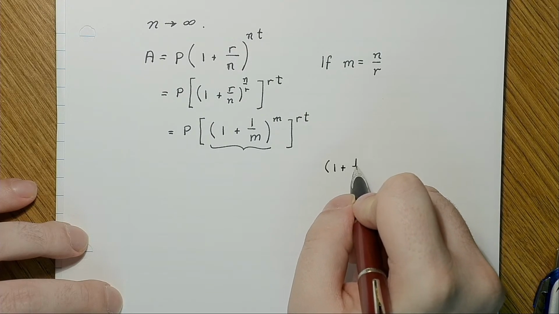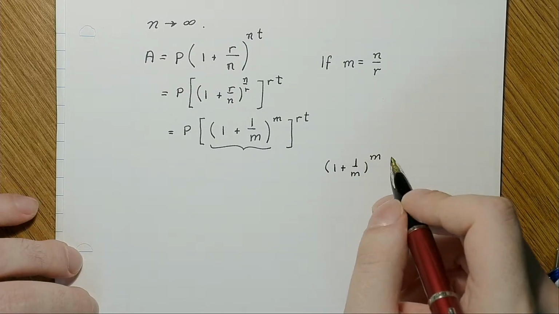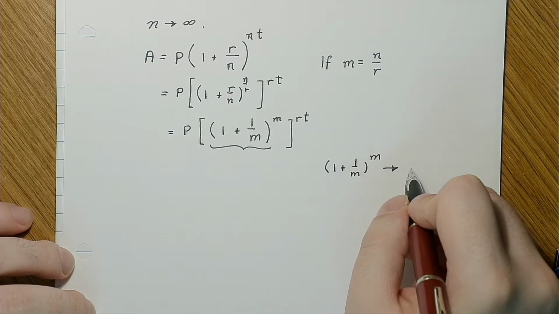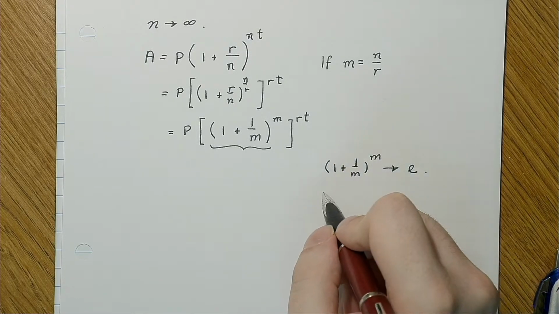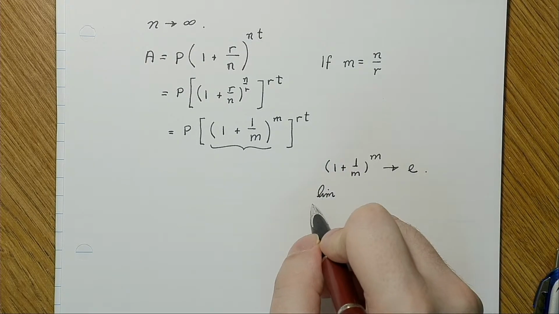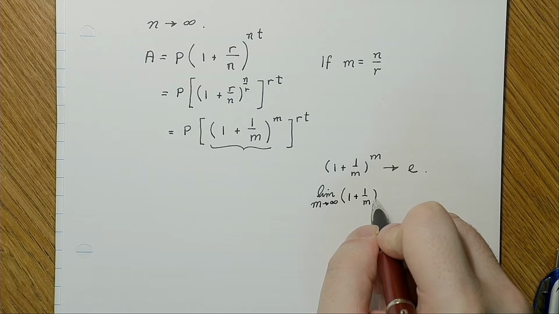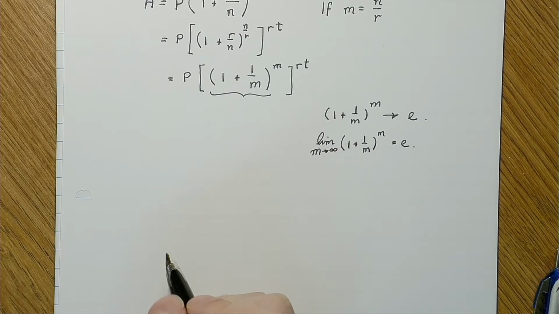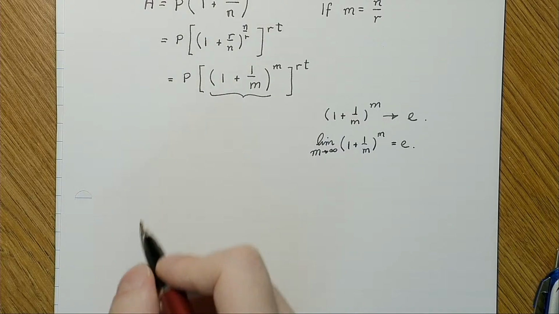We recall when we were looking at something, if I look at this, say (1 + 1/m)^m, this actually approaches the number e. And what I mean by that is if I have the limit as m goes to infinity of (1 + 1/m)^m, that equals e. So what I can actually do now is, as the number of compounding periods goes to infinity,